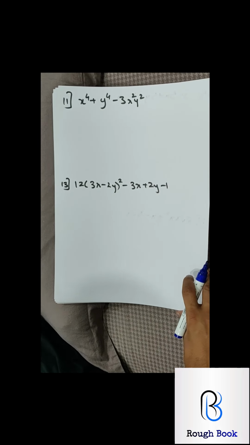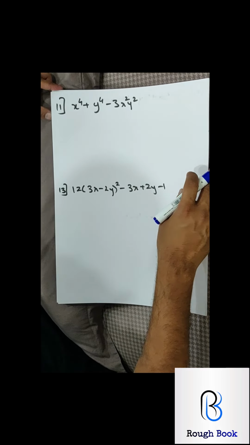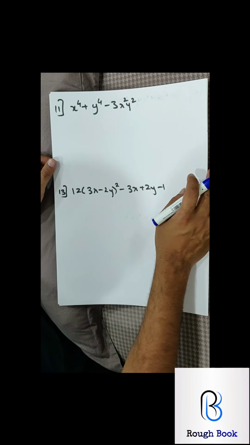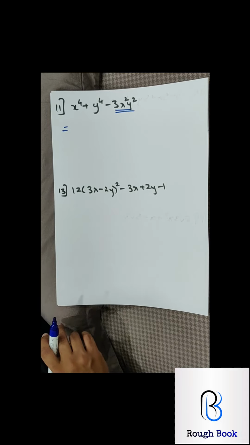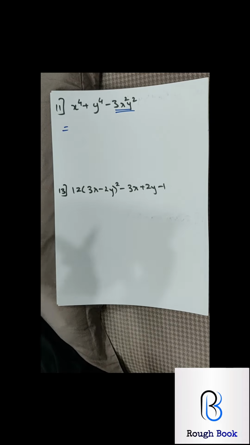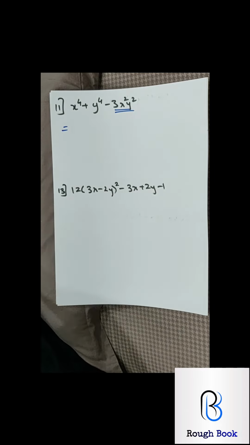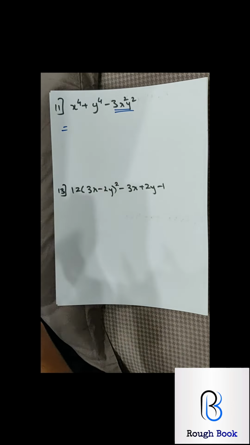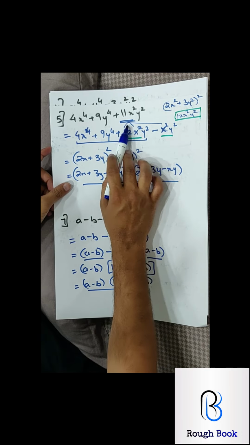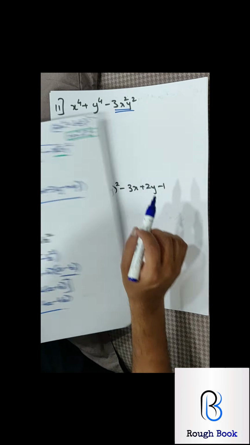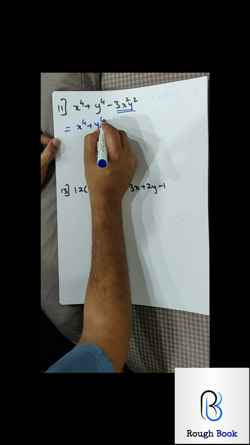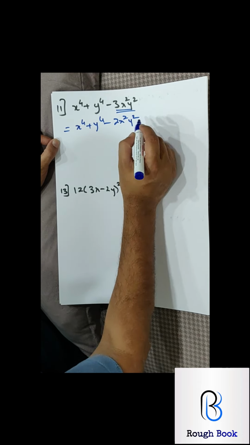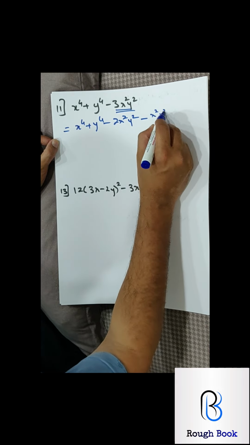Sum number 11. x4, y4 minus 3x square, y square. Yeah, this is splitting this again. Just like this sum, the one which we did right now. Yeah, it's like this one, where we split the two parts, the 11. Likewise 3 you will have to split. So common sense, x4, y4, 2 times x square, y square, minus x square, y square.